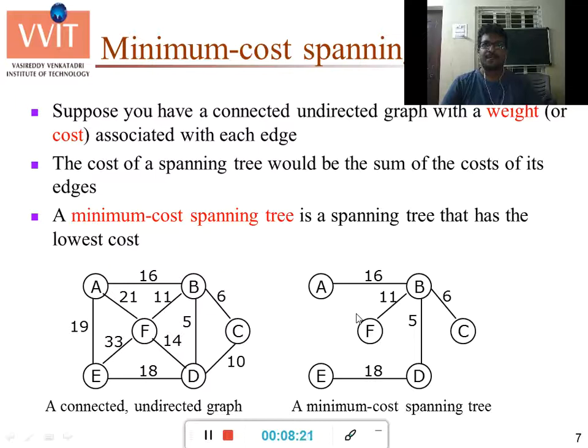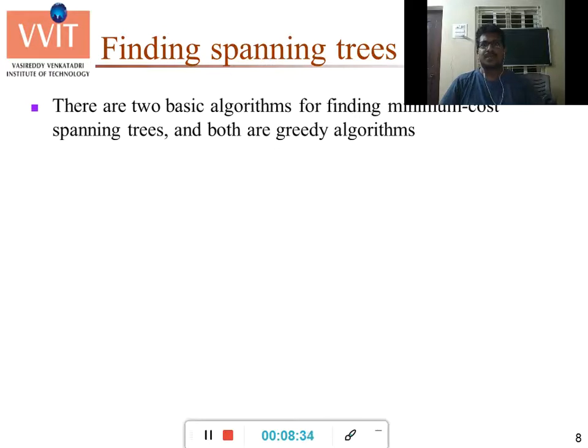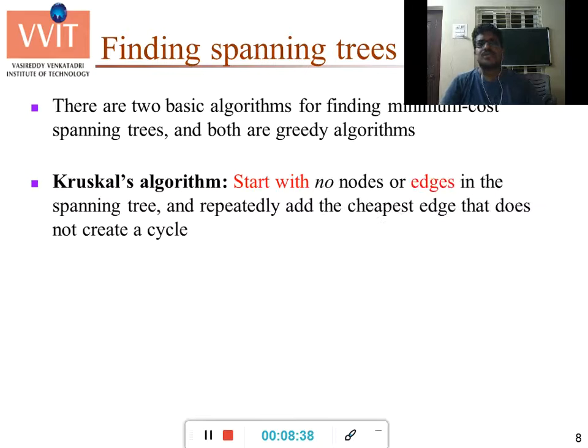The minimum cost spanning trees can be found by using two familiar algorithms. They are Kruskal's algorithm and Prim's algorithm. Both Kruskal's and Prim's algorithms are greedy algorithms. Kruskal's algorithm starts with no nodes.